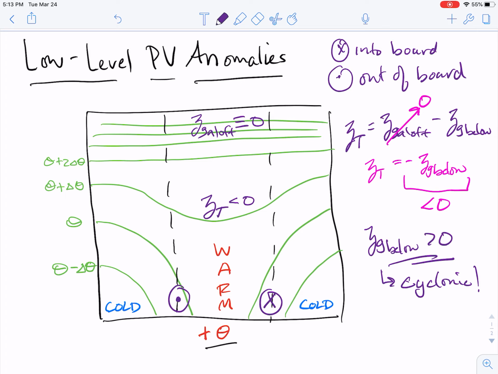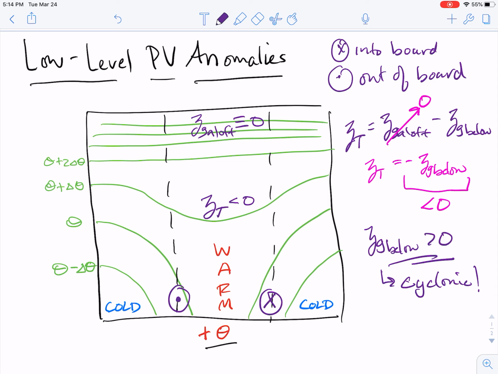So what does this mean? Our positive theta anomaly has positive cyclonic geostrophic vorticity anomaly associated with it, which is awfully similar to what our positive PV anomaly is. Our only missing loop here is the fact that we haven't said anything about the static